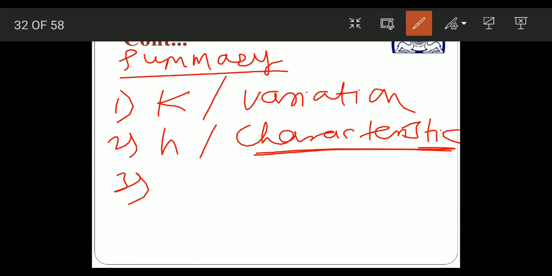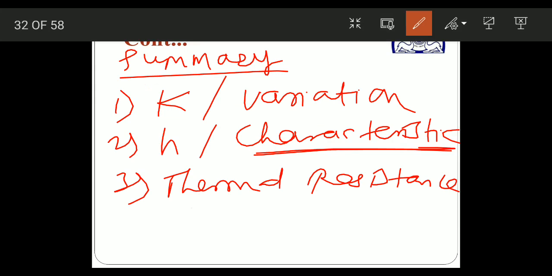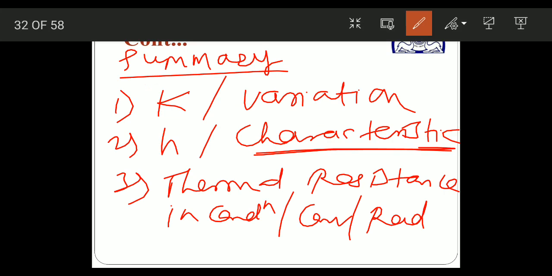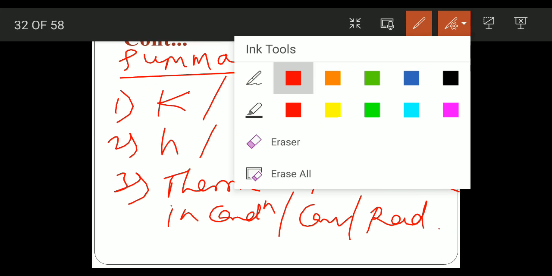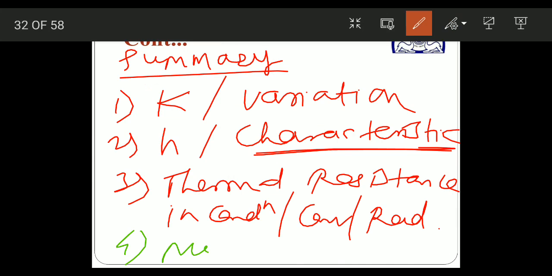After that we have studied numericals on thermal resistance in conduction, convection and radiation. And lastly we have solved some numericals. Now in next lecture